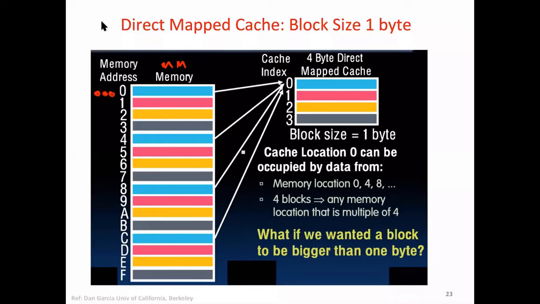0000, the first byte or first block, 0001, 0010, 0011, 0100, 0101, 0110, and then 7 is 0111, then 1000, 1001, 1010,